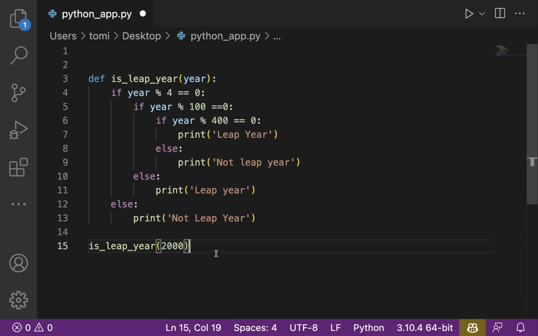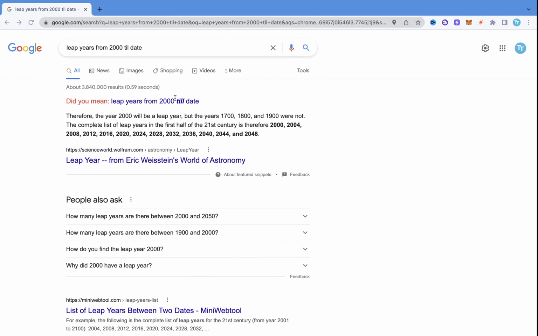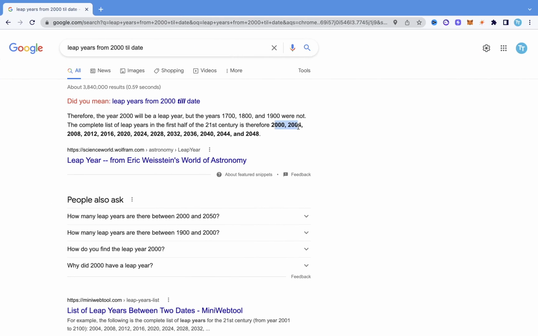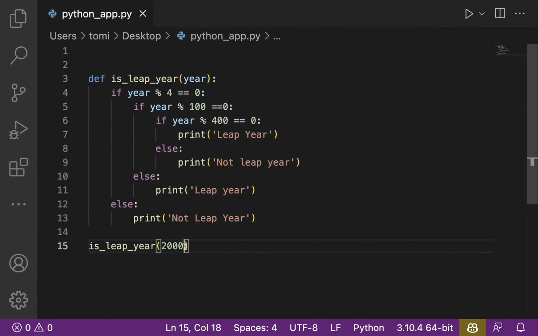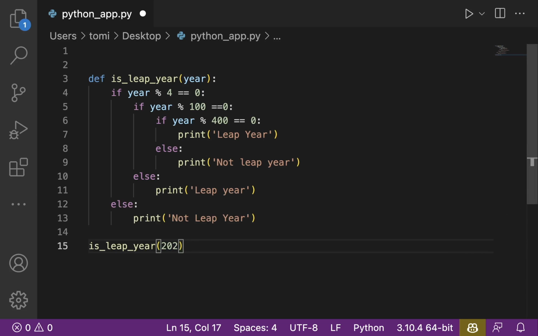So 2000 was a leap year. Let's save it and see what it says. So as you can see, it says leap year. What we just want to do is to come in here. So right here I have a list of leap years: 2000, 2004. So leap year is basically every 4 years, right? So what we can just do is change this and say 2024, and that should print leap year. 2020 also should print leap year,